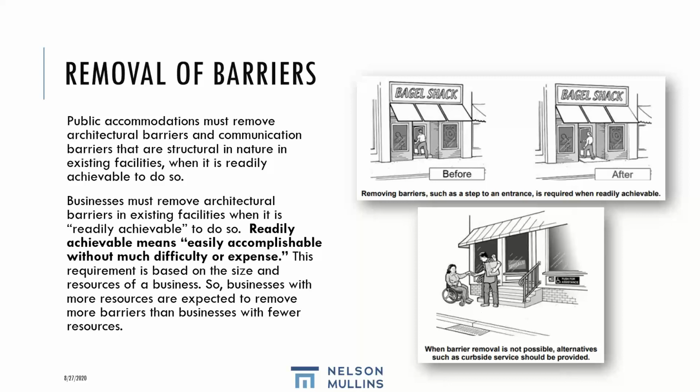First of all, the larger your business, the more resources that a business has, the more resources the business is going to be expected to expend to remove these barriers. Secondly, as time has progressed, 25 or 30 years ago, making architectural changes to a building to provide access involved some heavy cost, and there was a question of whether something was with difficulty or was the expense undue. Fast forward to the present, modifying access on your website or something like that, the expense factor really goes down in terms of pure expense,